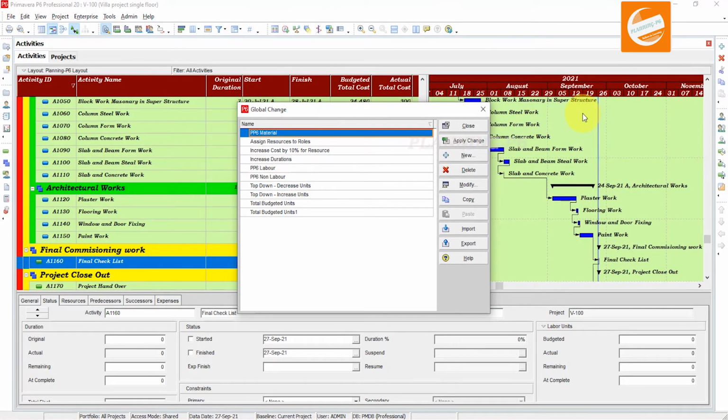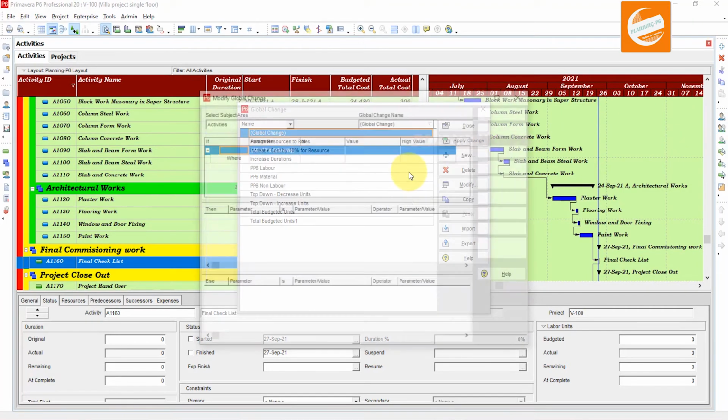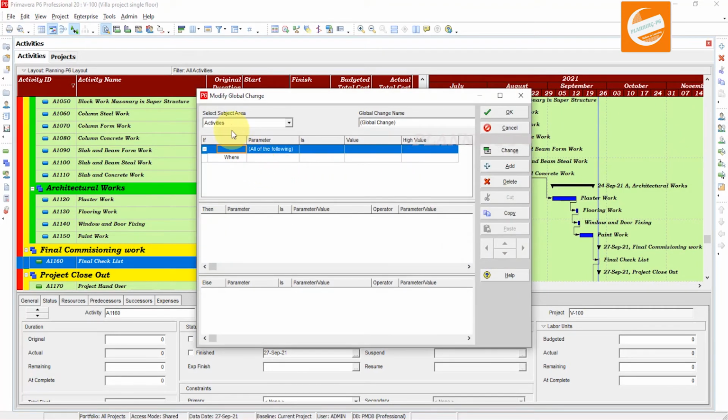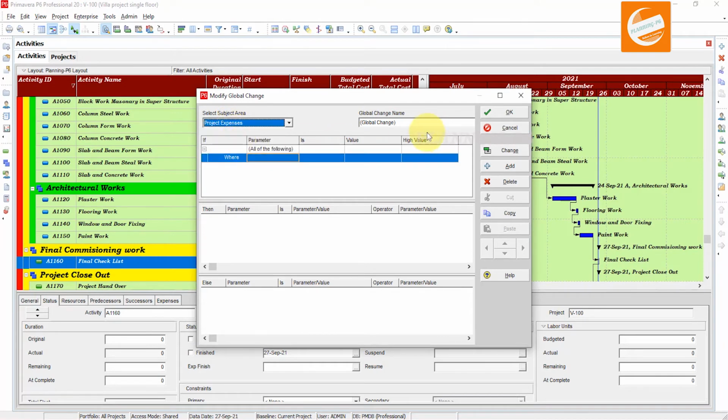And the fourth option is we have to add a new one to clear our expenses. Here we will select expenses, here pp6 expenses, planning p6 expenses, actuals, or whatever name you want to write.